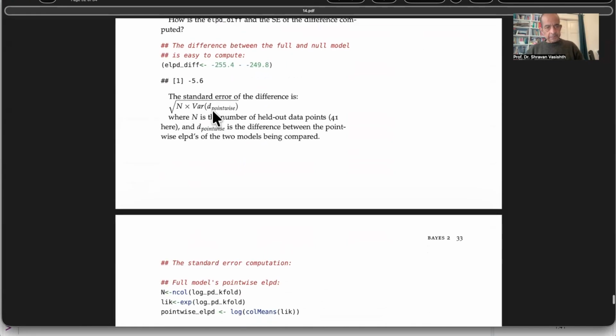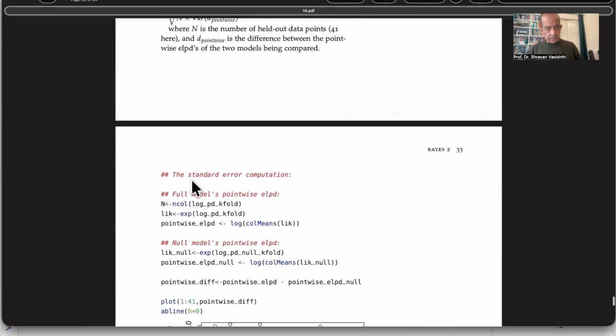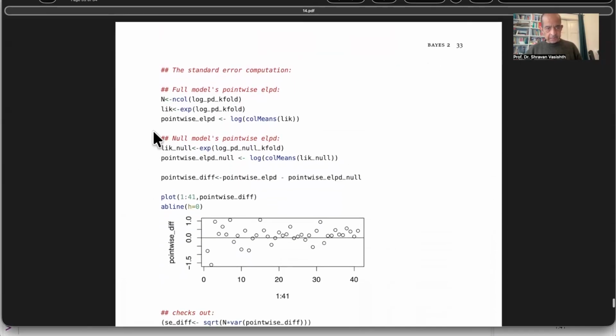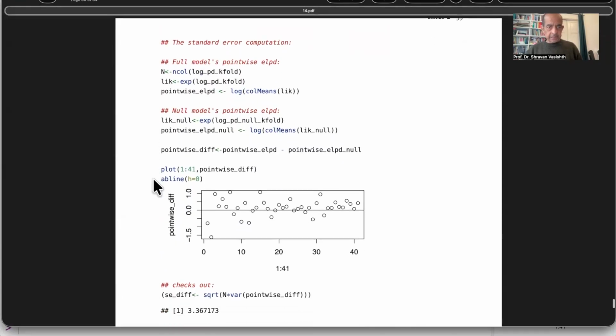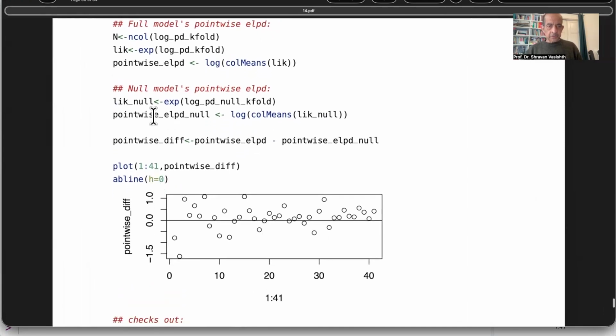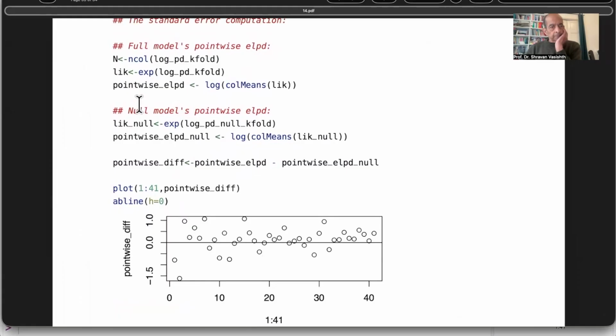right, so what I'm doing is I'm taking the cell-wise difference between the point-wise ELPD hat values for the full and the null model, computing the variance on that, multiplying with the number of data points that were held out, and the square root of that gives the standard error of the difference. So that gives us the same. Here I'm doing the standard error calculation for the full matrix that I had created, and so you can figure out the standard errors, right? So this is all straightforward now, I hope. Okay,